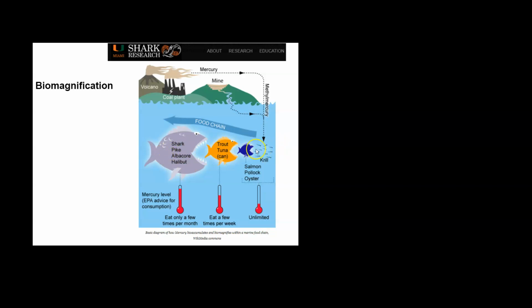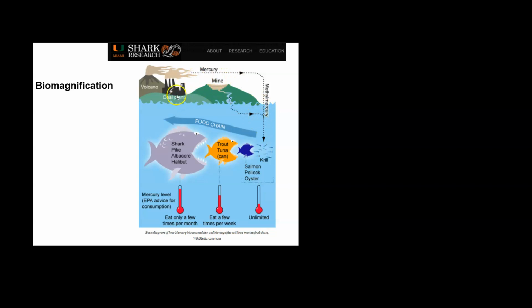And as you move up the pyramid or move through this food chain, what we see is an increased amount of mercury being found at that different trophic level. And that's the magnification of the toxin of mercury. And that mercury is the result of human activities, like industrial release of mercury or the mining of mercury. And it ends up in